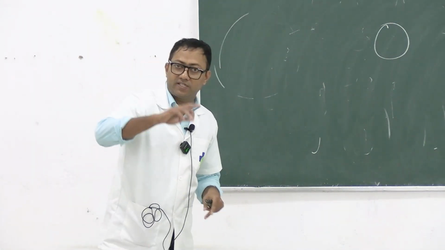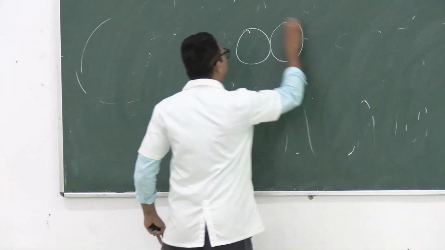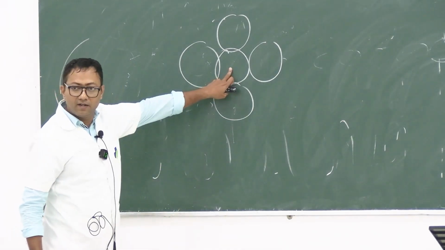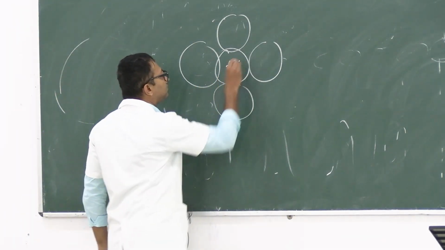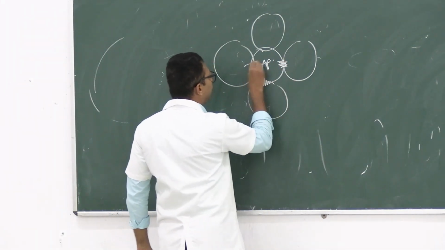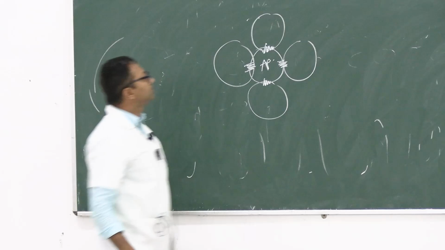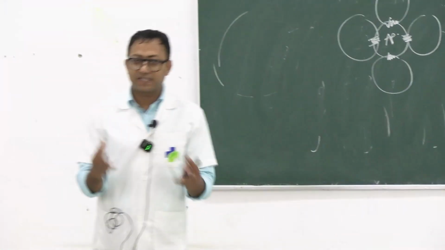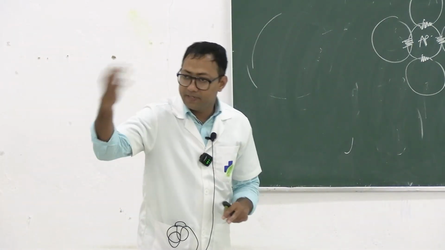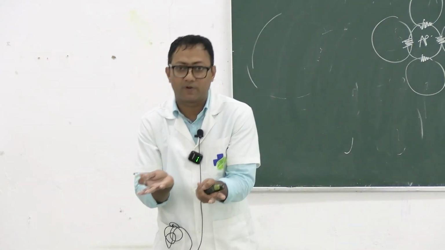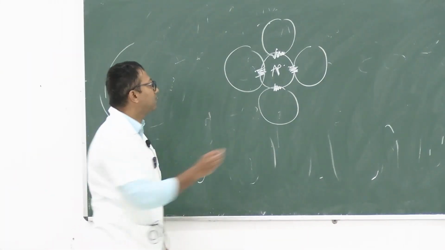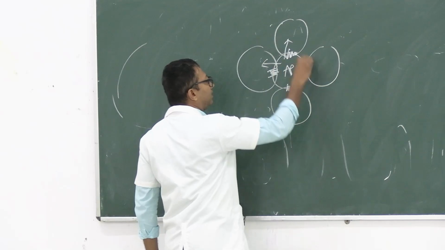Now if this action potential travels from this cell to all the adjacent cells, okay, so this is the primary cell, यहाँ पर action potential हो गया. Now this cell has got gap junctions here, gap junctions here, gap junctions here, and gap junctions here, okay. So through these gap junctions, the primary cell in the middle will transmit action potential to all the cells surrounding, ठीक है. So action potential यहाँ पर generate हुआ, इसका मतलब action potential will come here, come here, come here, come here,